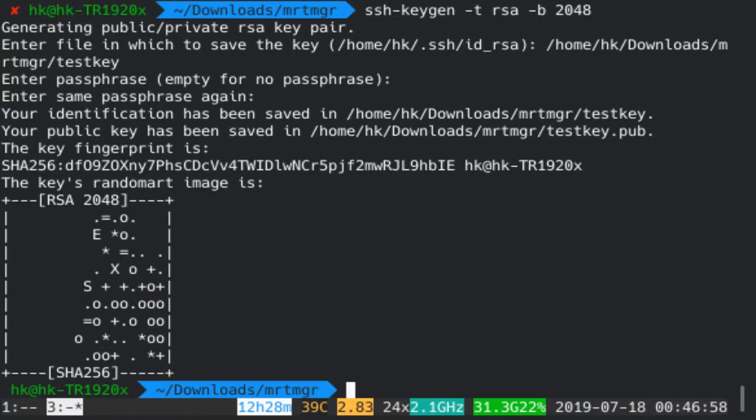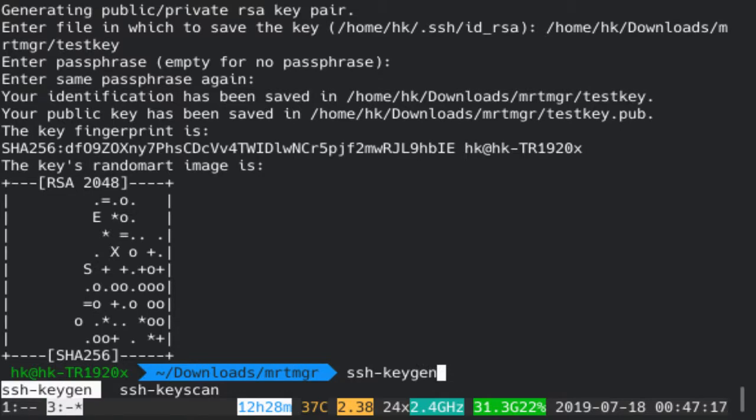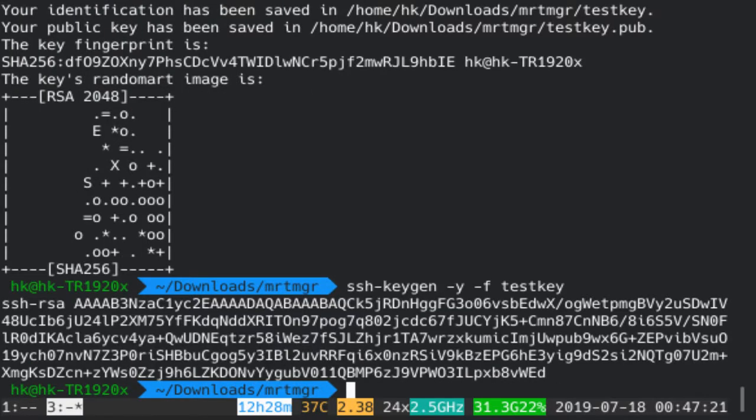And to get our public key, which we'll need for the initial setup of the routers, because you need to essentially add them, kind of. So what we want to do then is ssh-keygen -y -f and then test key. So here is our public key, which we'll add to the routers,